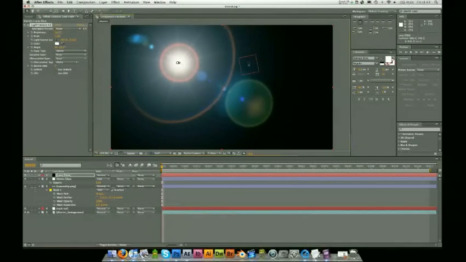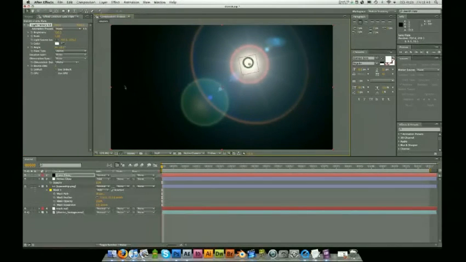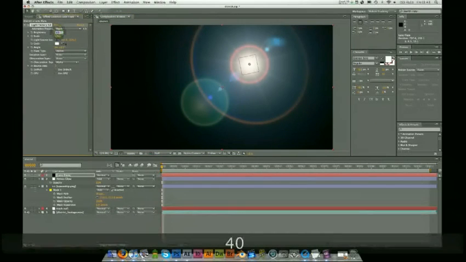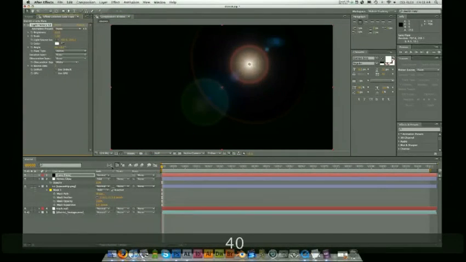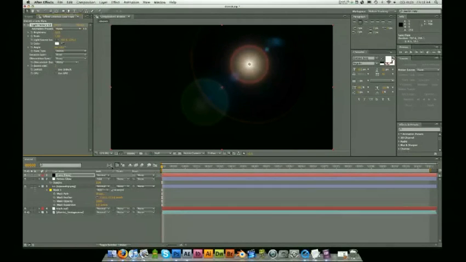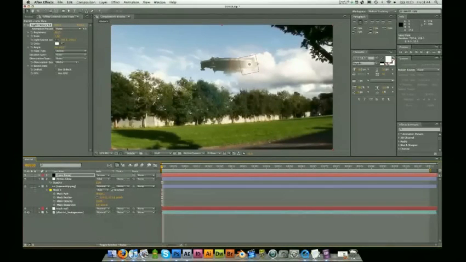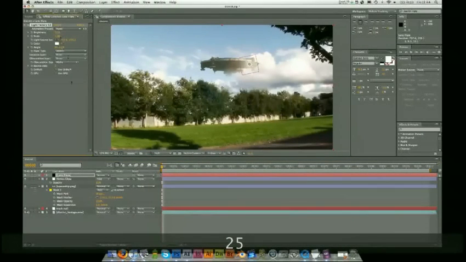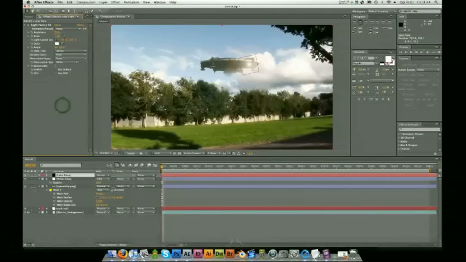There's plenty of different styles, but I'm just going to use this one. I kind of like it. Brightness, that's way too high, so maybe about 40. But before I go into editing all the parameters, I'm just going to set my blending mode to screen so that it blends in correctly. I'm not going to even have it at 40. I think like 25 should be plenty. And then I'm going to place that light source